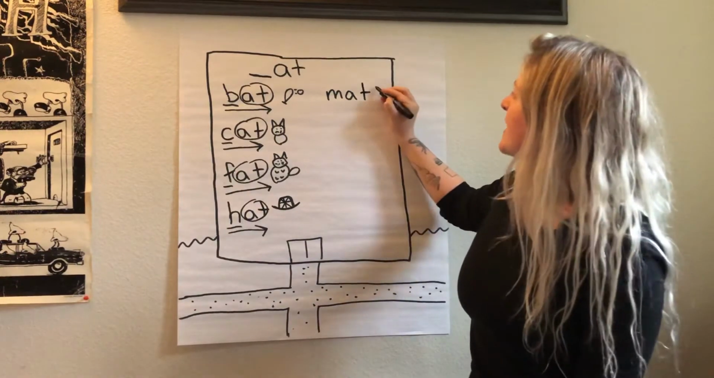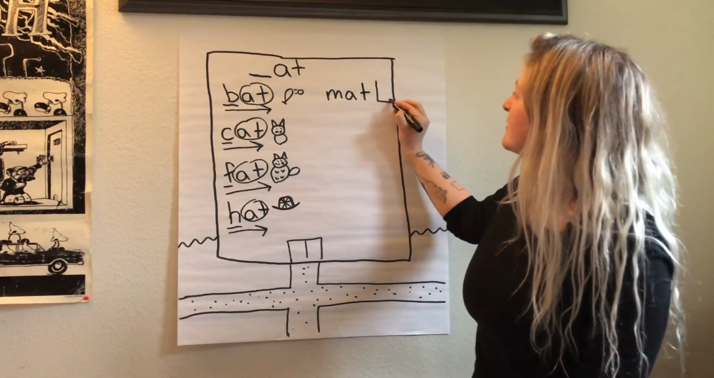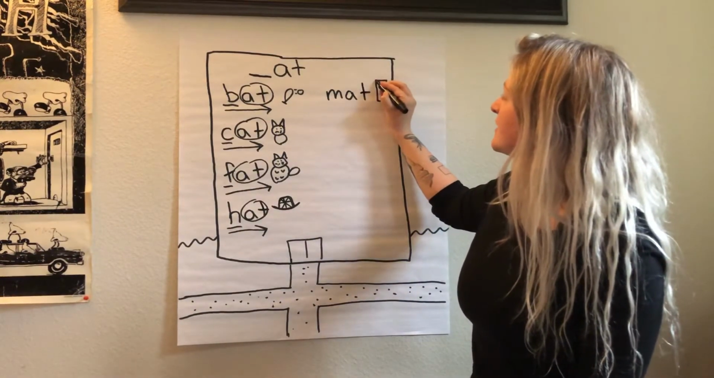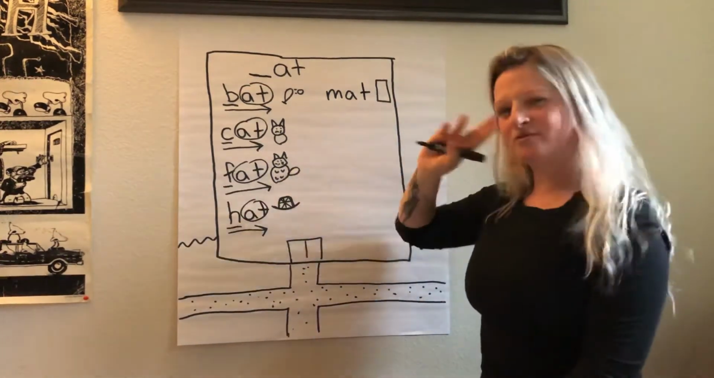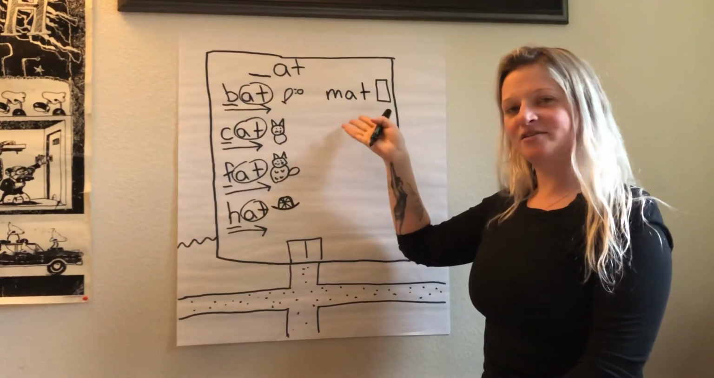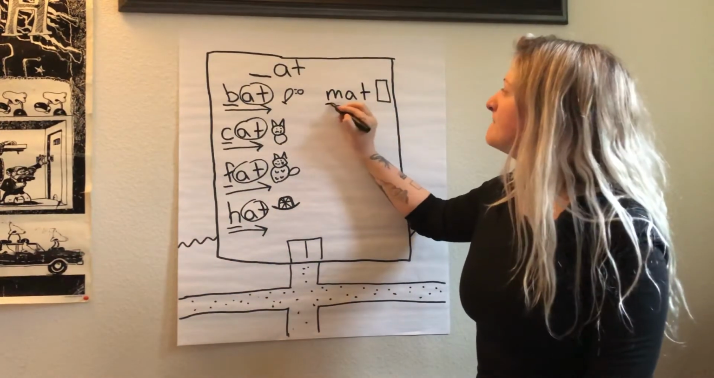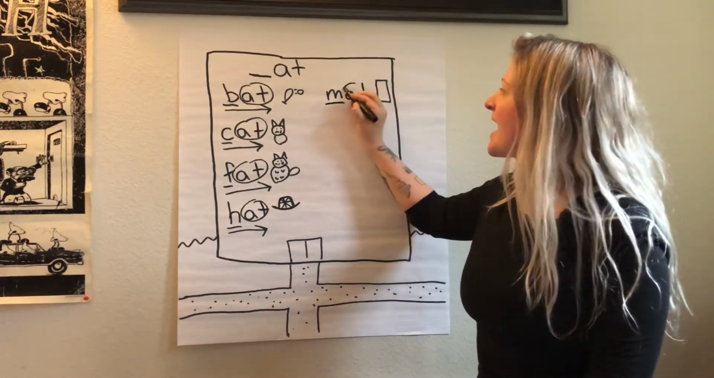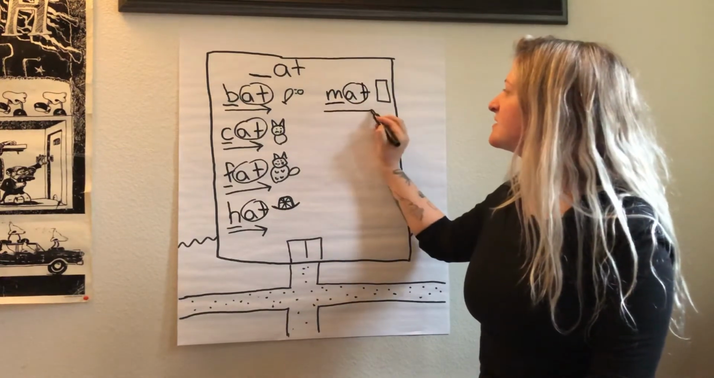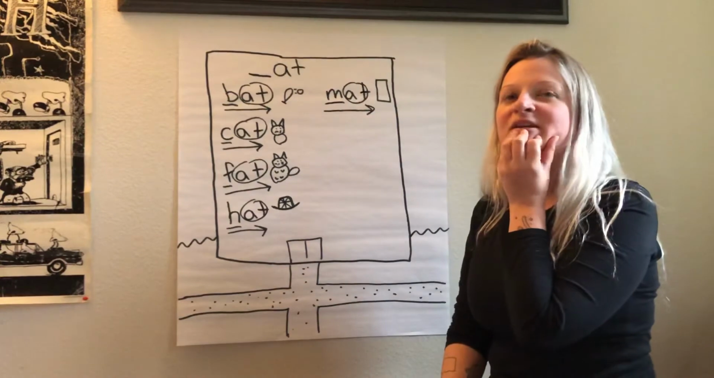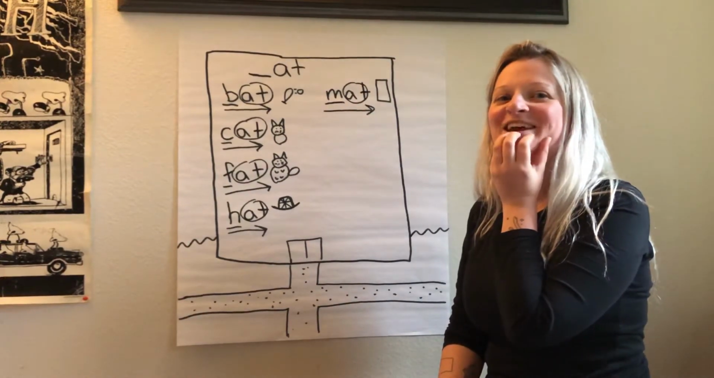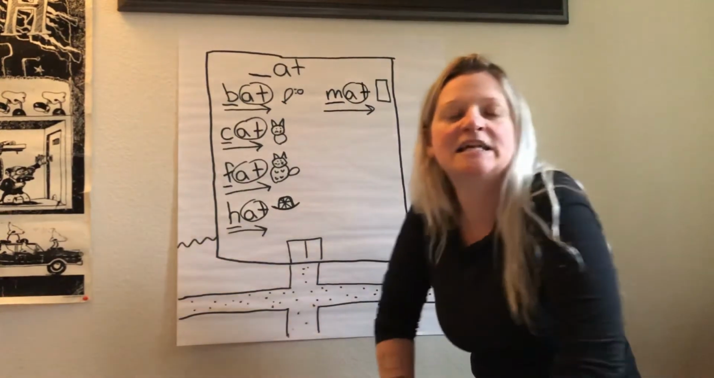So I'm going to draw my little mat here. I'm going to draw it just kind of a skinny little rectangle. So there's my mat. And then the first letter we used for mat was, that's right, M. M, at makes the word mat. Great, let's keep going. A, B, C, D, E, F, G, H, I, J, K, L, M, N,